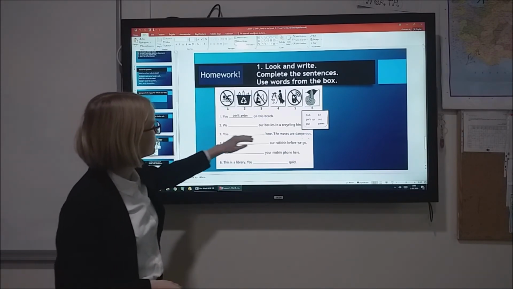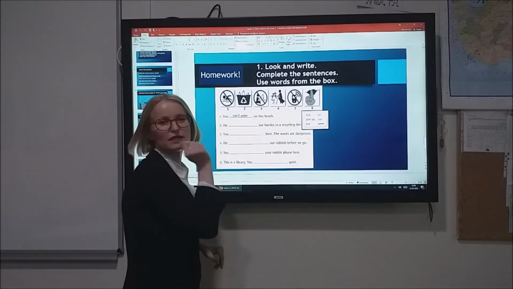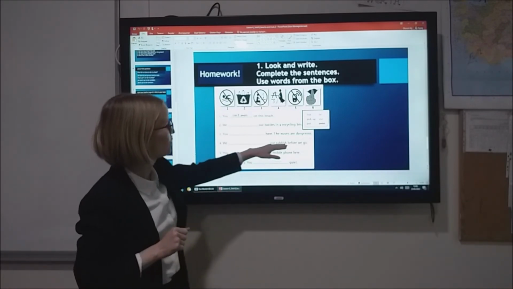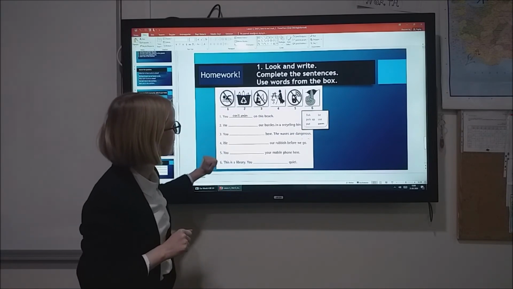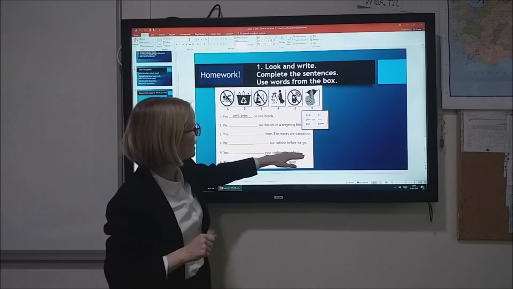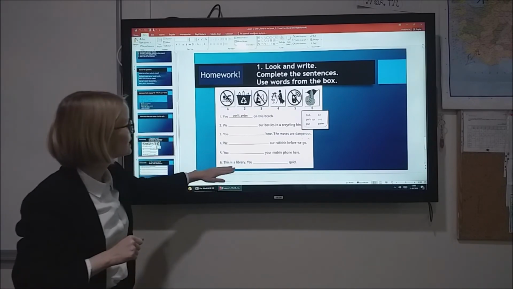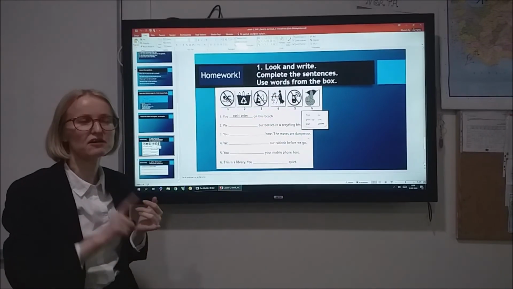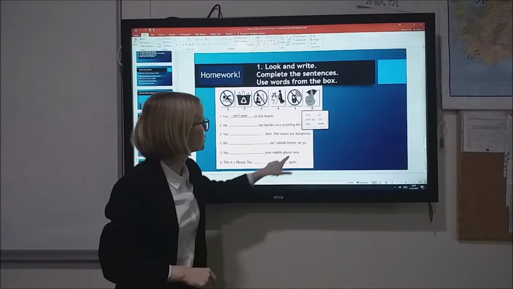3, here the waves are dangerous. What is he doing? He is fishing, right? Our rubbish before we go. Your mobile phone here. What do you do here? This is a library. You should choose have to, must, don't, or can't, and choose a word from the box